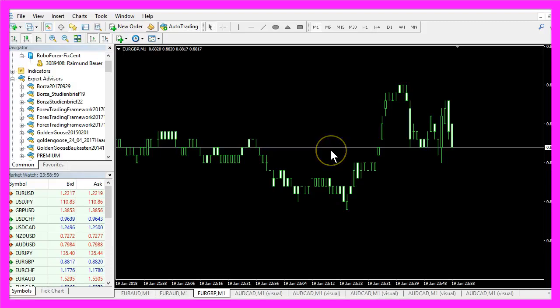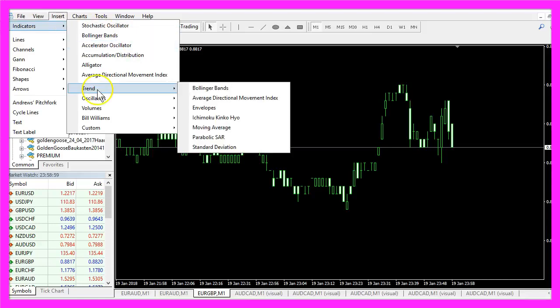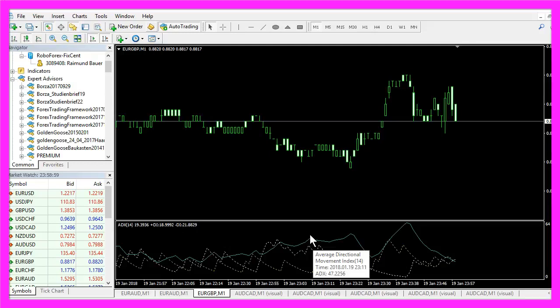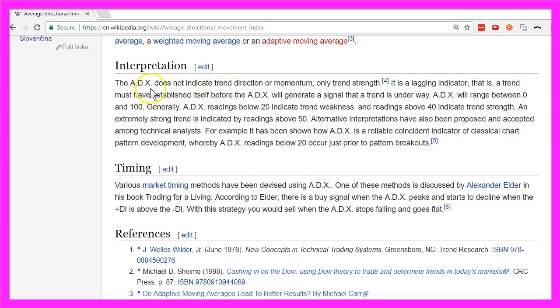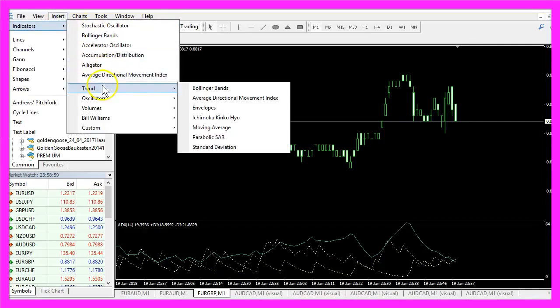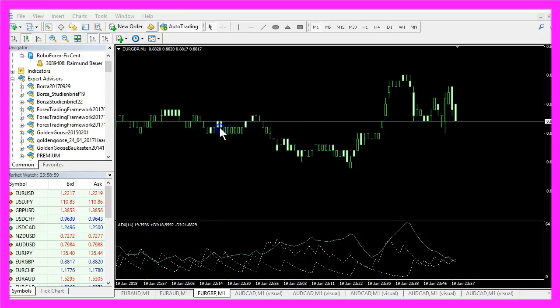And in MetaTrader we are going to use a little trick. Please click on Insert, Indicators, Trend, Average Directional Movement Index. Click on OK. Leave the parameters as they are. Click on OK. And now you should see the average directional movement index in a separate window below the candles. And because Wikipedia says that the ADX does not indicate a trend direction or momentum and is only used to calculate the trend strength, I will insert another indicator for a trend. Let's use a moving average